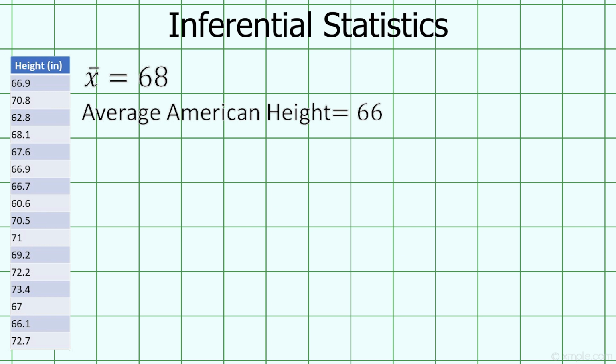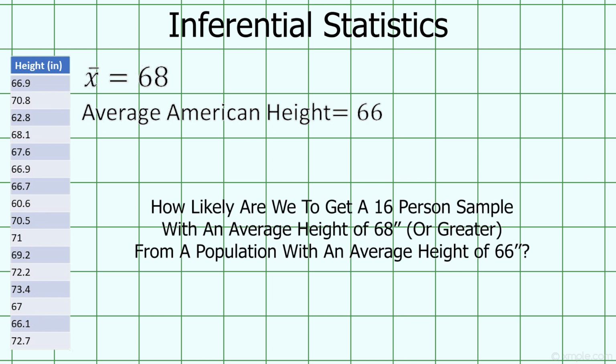What we'd like to know is this. How likely are we to get a sample with an average height of 68 inches or greater if the population mean is 66 inches? If it's really likely, then we can conclude that the sample just happened by chance. And if it's really unlikely, then we should doubt that economists are just as tall as ordinary Americans. Fortunately for us, we can answer this question if we know the characteristics of the sampling distribution, which, thanks to the central limit theorem,